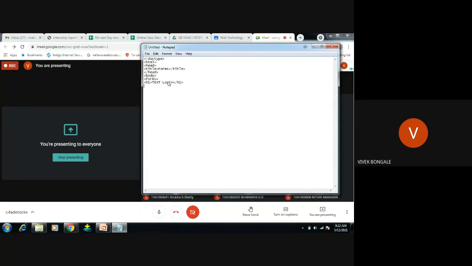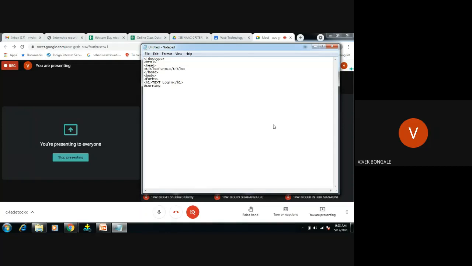A login page means there are two fields we have to use. If you use any login page, you're going to see two fields: one is the username, the other is the password. At last you will have a submit button. These three elements you're going to use in any form. So we'll first start with a simple username, then create one username, a password and a submit button.